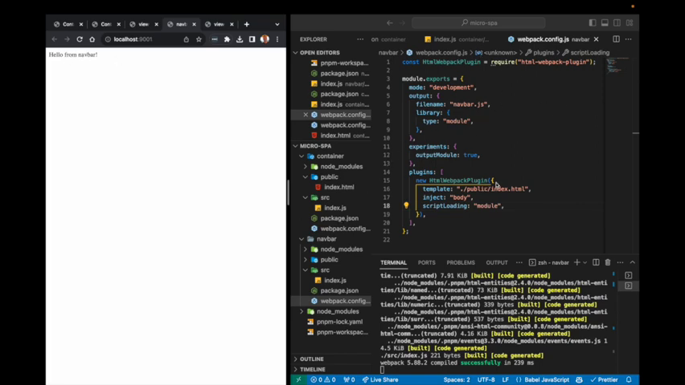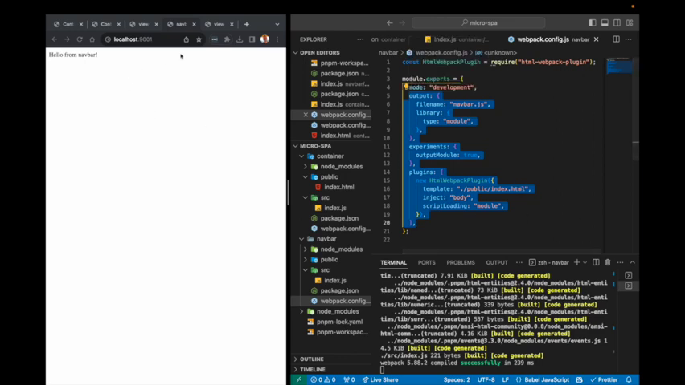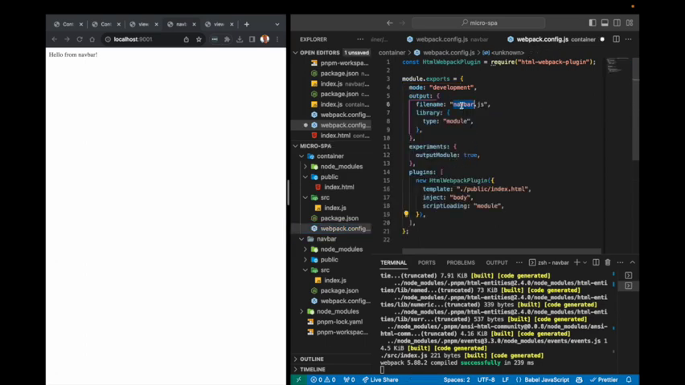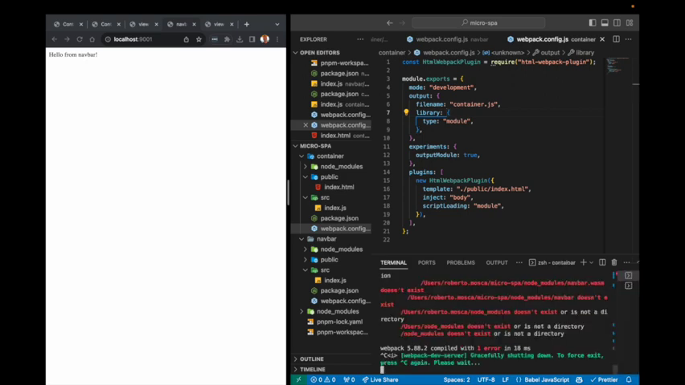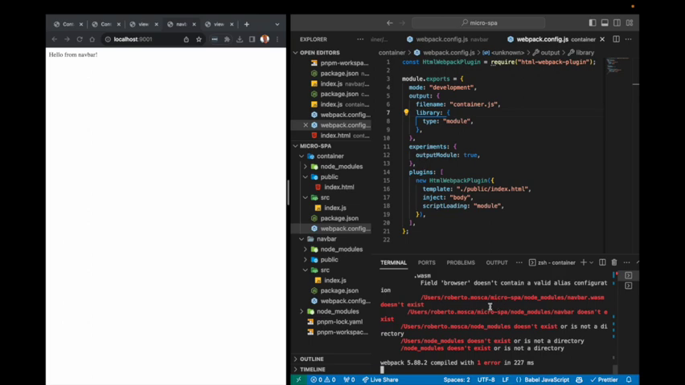Now we need to repeat the same configuration inside the container. So let's go to the container, and we can actually copy it. We need to change this to container, and I think the rest should be okay. And of course we need to restart also the